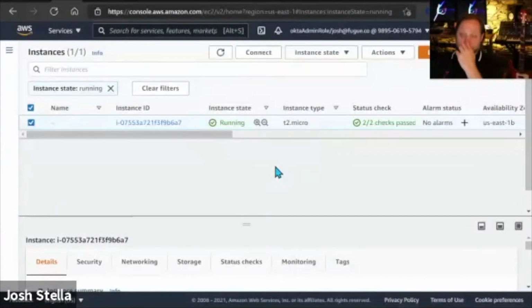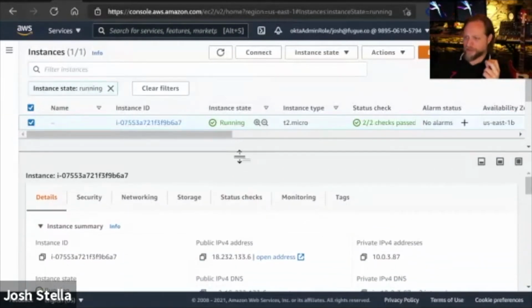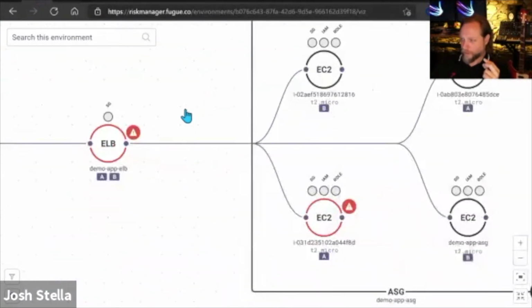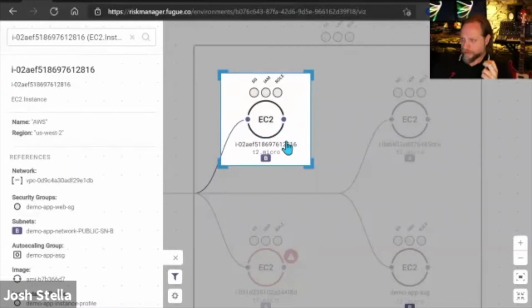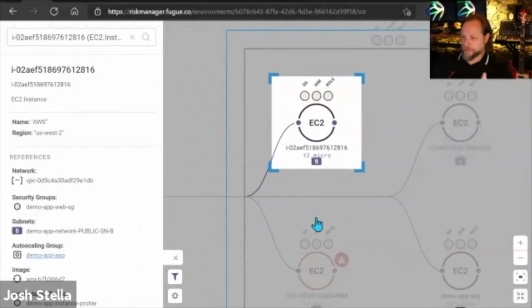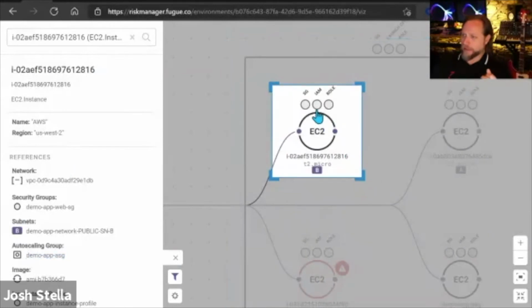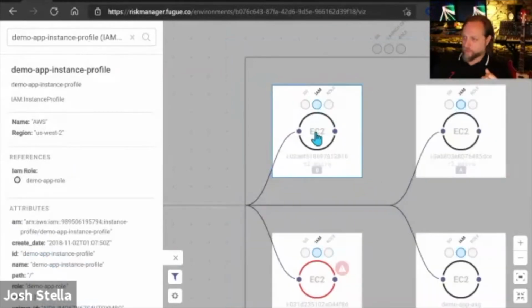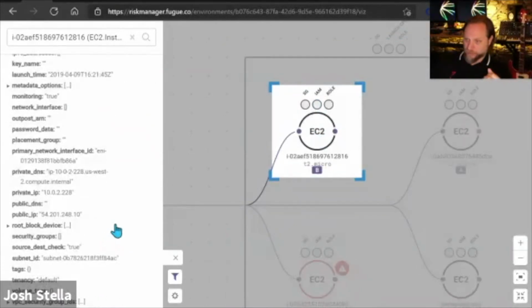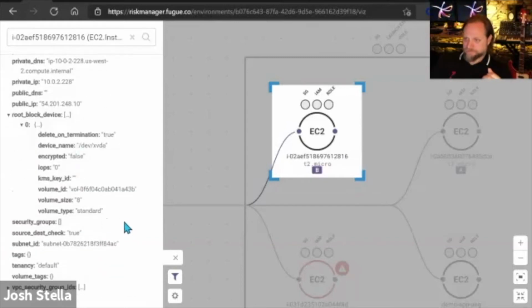We'll go here. We're just at the AWS console here and looking at an EC2 instance. In fact, we are looking, I believe, at this guy. So what I'm showing you here is what we do for visualizing all this stuff in our product. And you can see here, I've got the IAM role, but if I'm looking at the EC2 instance, I will be able to see the root block device here, et cetera. So this is actually the EBS volume.